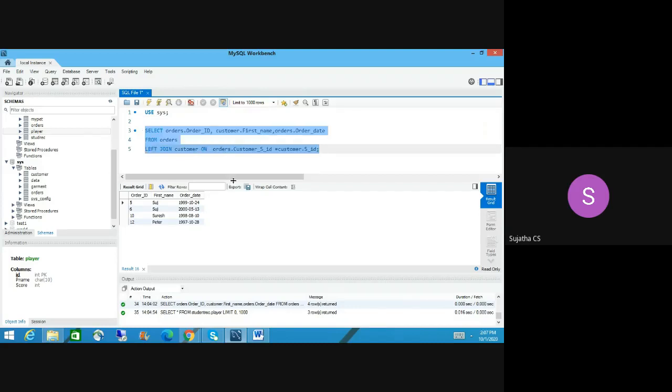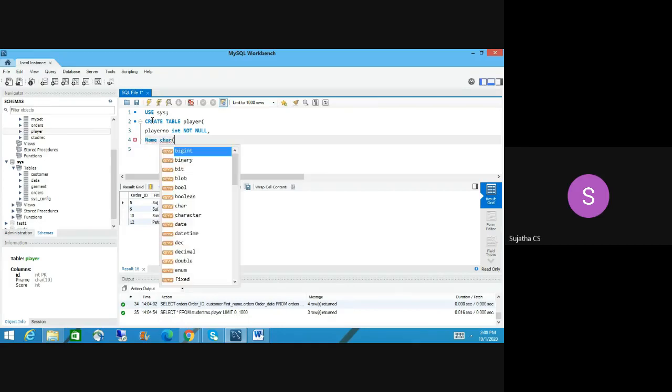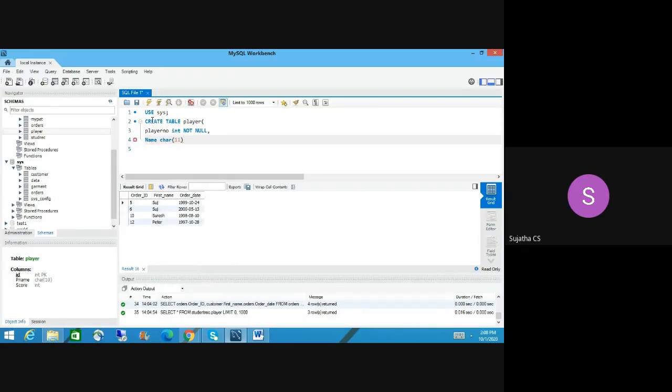We are using this. Okay, let me create a table here. Create table player, then open bracket. Player number, integer, not null or unique or whatever, not null, comma. The name of the player, character of 10, 11 is okay.